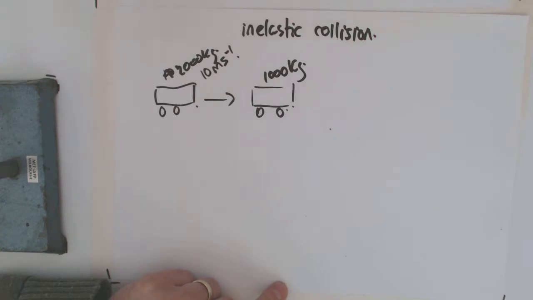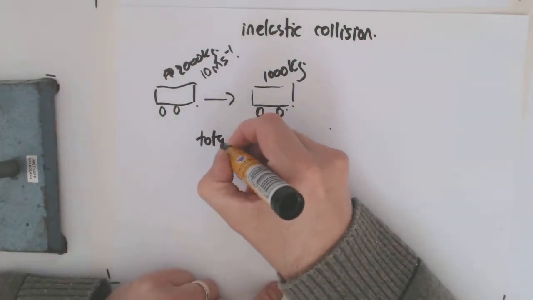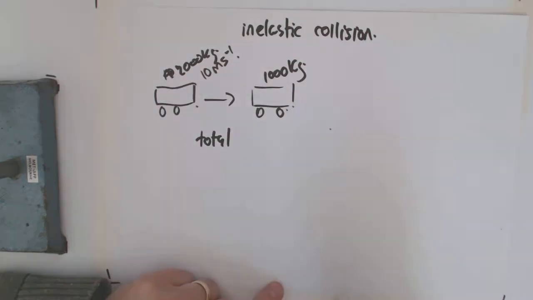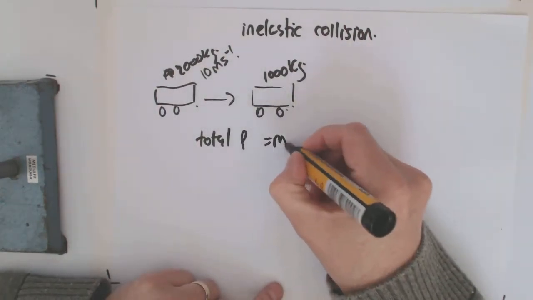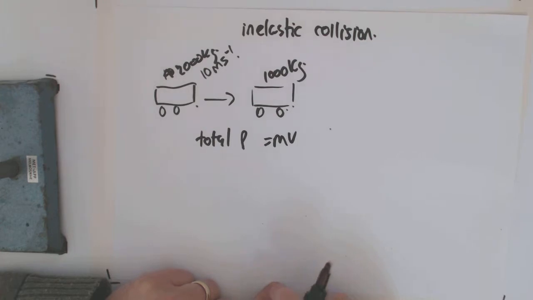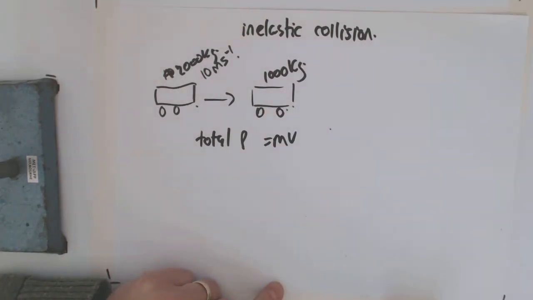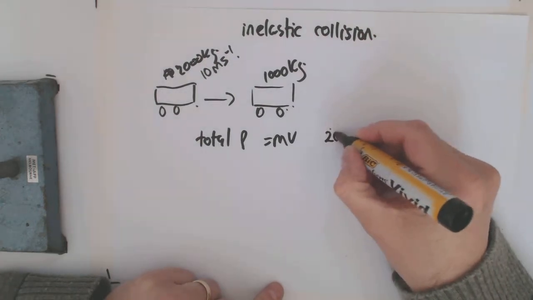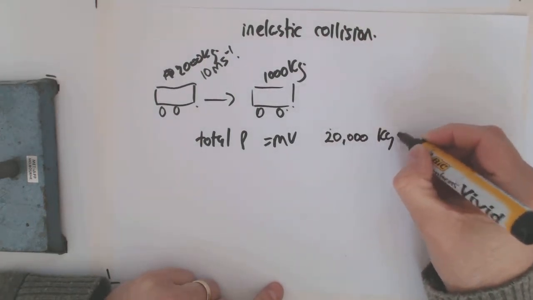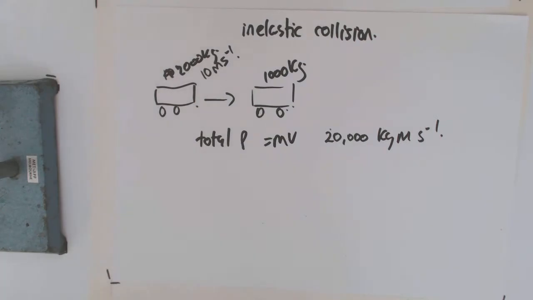And so what you do is you go, okay, what's the total momentum before? Well, this is the only one that's moving, and total momentum equals mv for all objects. Now the problem, this v is 0, so that's easy. So it's just 10 times 2,000, or 20,000 kilograms meters per second. So that can't change. After they smack into each other,